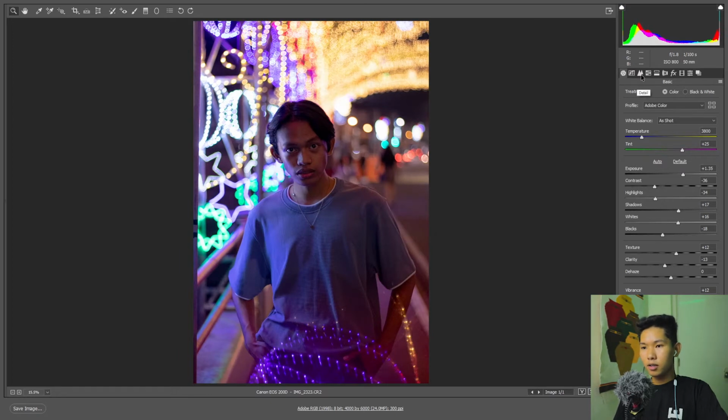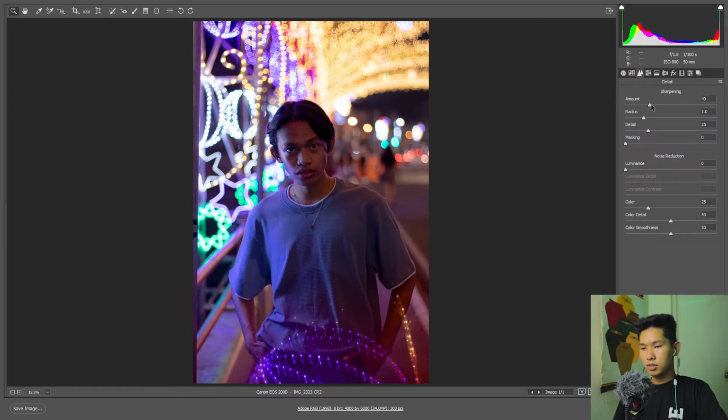Ayan, okay na yan. And ito na tayo pupunta sa sharpness, sa details. Karamihan sa mga editors or photographers baka umalma sa gagawin ko. Like, I always bump the sharpness of all of my photos. Why? Kasi I find it cool or maganda. Pero I'm going to show you a technique na maybe some of you didn't know pa, na ngayon nyo lang malalaman. Ayan, isasagad natin yung sharpness to 150, and then sa mga naka-PC, press Alt para ma-mask nyo,